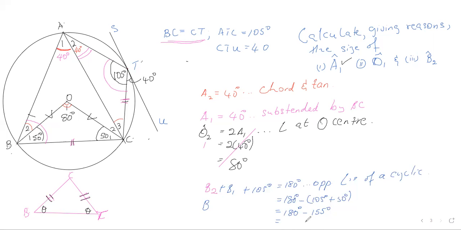And this must give us 25 degrees. Therefore, B2 is equal to 25 degrees. We have solved number 3, the unsolved O1. That was O1 there. Hope you saw